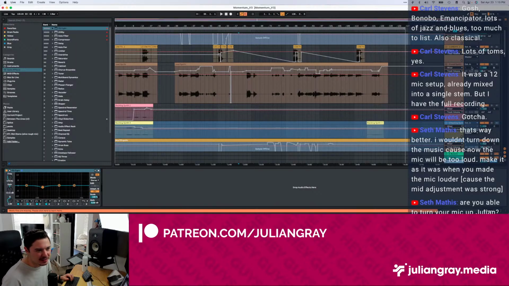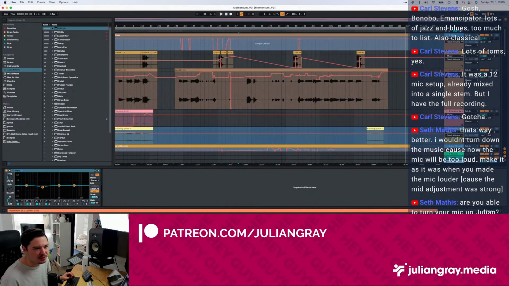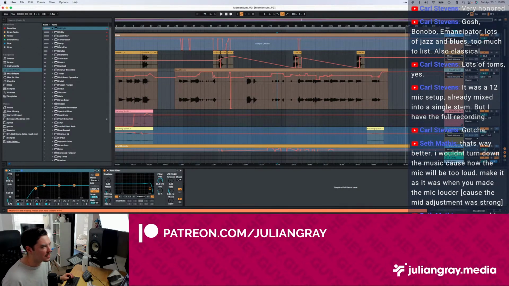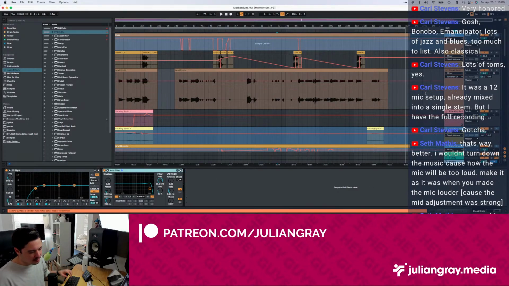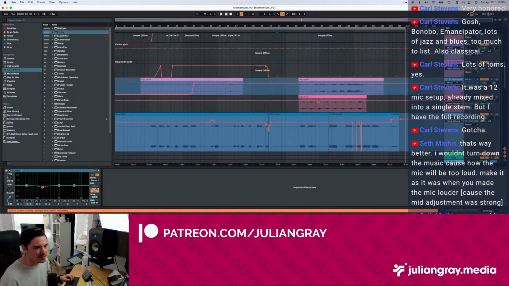Oh no, so it appears like you've automated the volume, so I don't know if I'll be able to do that method that I just did. I generally like to leave my faders free so that I can make a quick mix adjustment without having to worry about moving automation lines all the time. So one thing I like to do is, instead of automating my fader, I put a utility and I automate the gain here. So you can actually set your volumes here and keep that fader free so that you can make more general overarching changes. So that might be a good thing to consider in the future, instead of doing all the adjustments channel by channel.